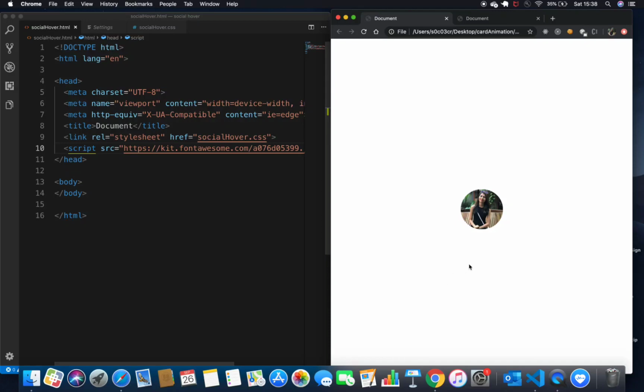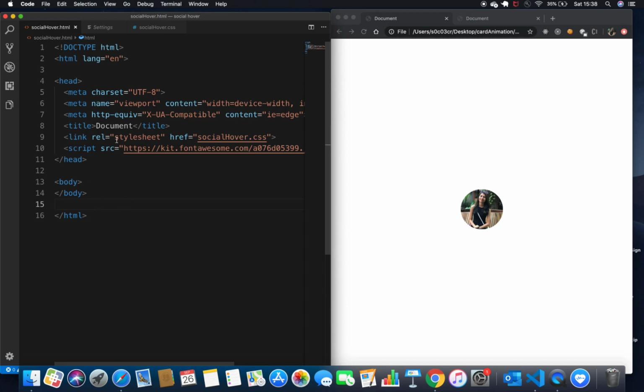In this video, we are going to be building a hover effect on your profile. So basically, when you hover on your profile, it should give the different options to contact you, like Facebook, Twitter, Instagram. And when you hover on each of these options, these icons should spin and also change color, indicating which option you want to select, right? So yeah, let's get started.